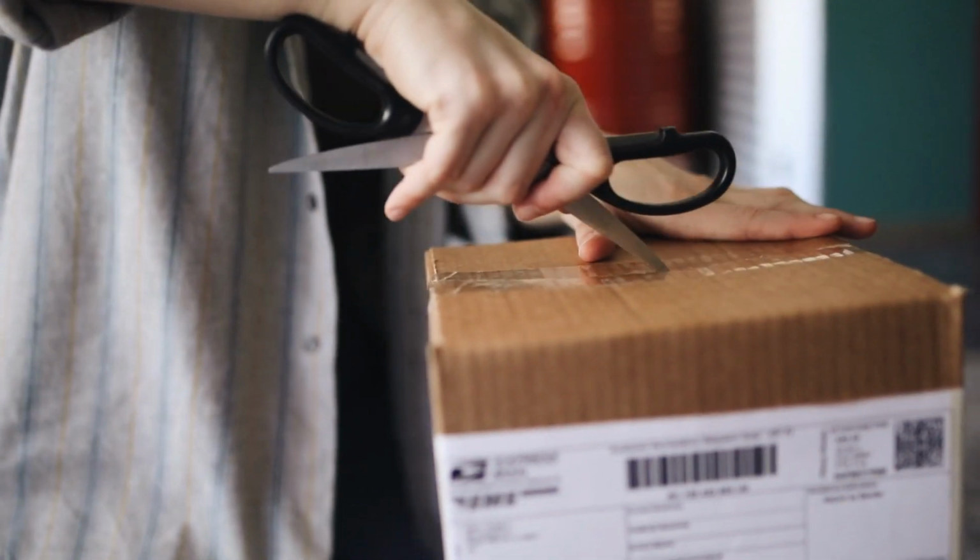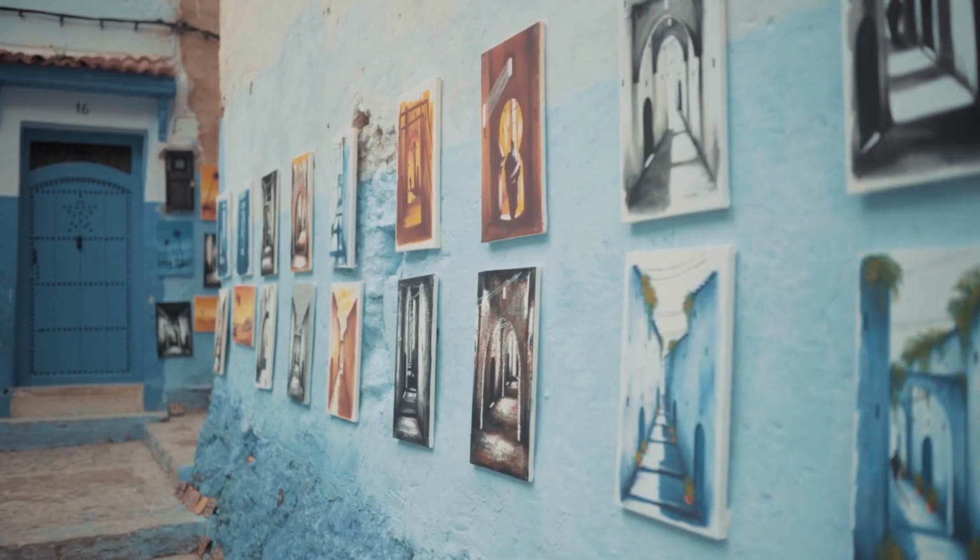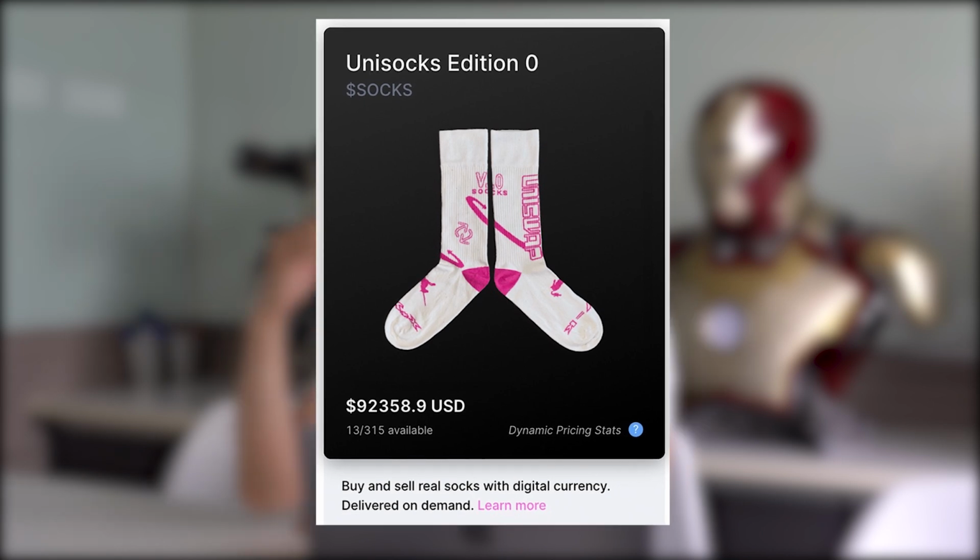What does it include? What separated Beeple from all these other artists is that his art would come with a physical welcome pack that has the art physically that a person could display. And what if you could do that for anything really? For clothing, for socks. In fact, somebody did that for socks, and those NFT socks literally sold for hundreds of thousands of dollars. Now, I know it's insane and probably it's not going to be sustainable, but